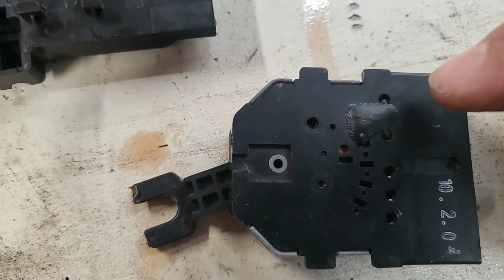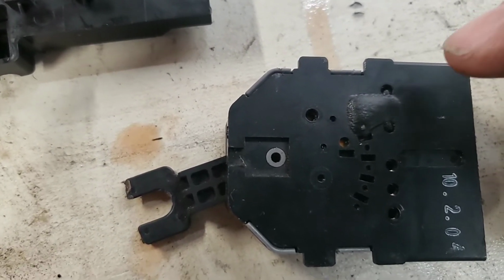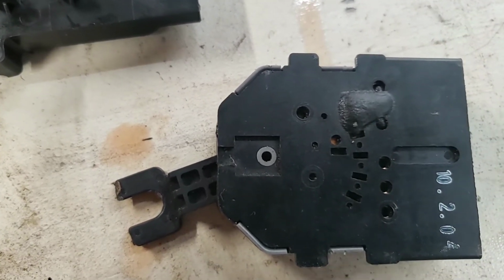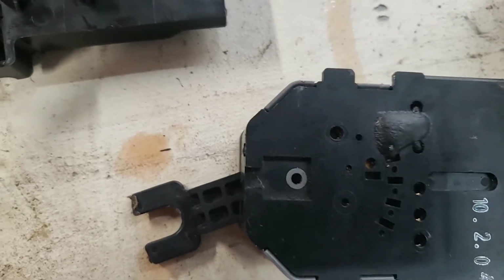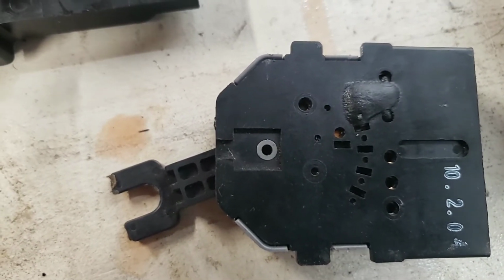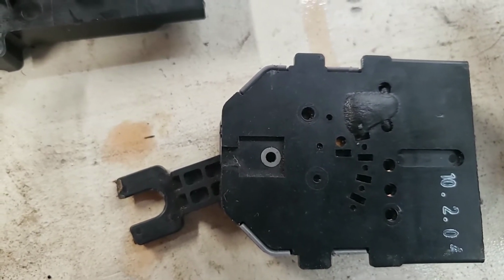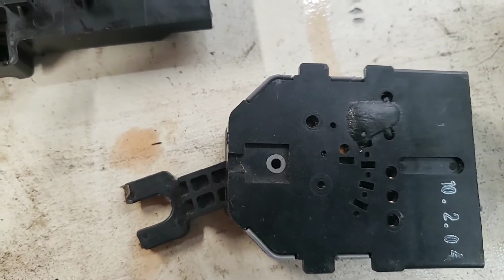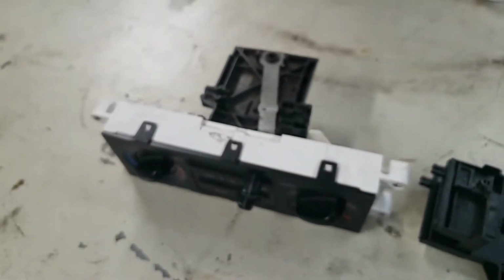So this is not a repair video, sorry. This is a temporary fix. What I will suggest to you will get you by so that your controls can work, and you could potentially put it in a lower position, but you know that if you put it into the high position, it will likely get stuck again if you do not perform this filing or notching procedure like I'm about to show you. So I still have to find a suitable replacement because this same issue is affecting my original